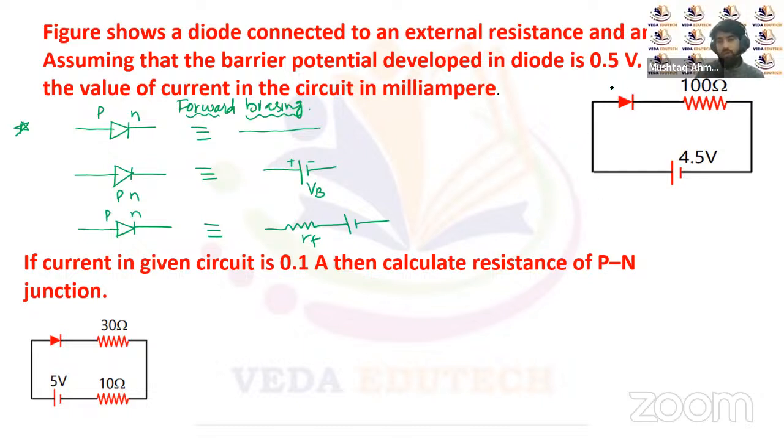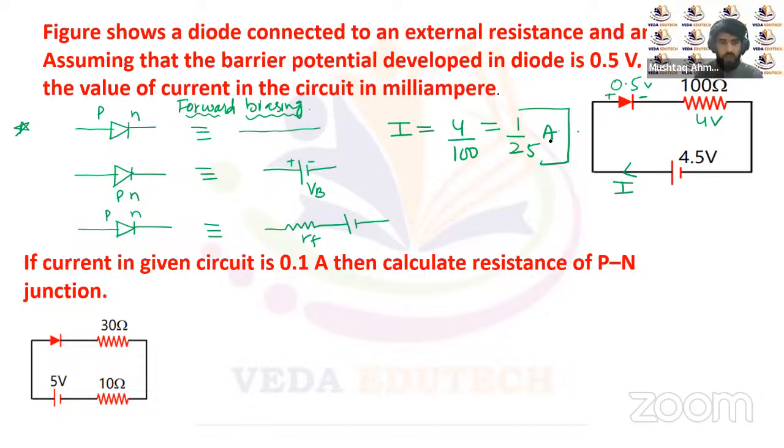There will be 0.5 volt across these two ends of this diode, right, and 4 volt will be across this 100 ohm resistor, and then current I will be flowing through the circuit. The current I will be 4 upon 100, so this much amperes, or we can write it as 1 upon 25 amperes. So this much current will be flowing through the circuit in the forward bias condition,